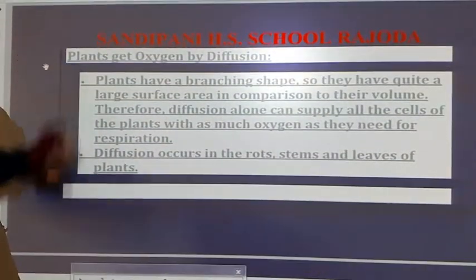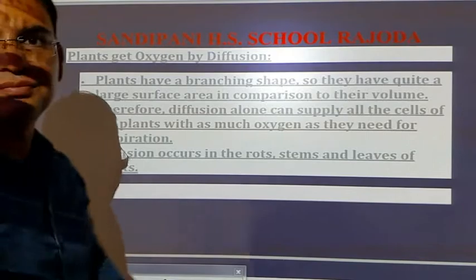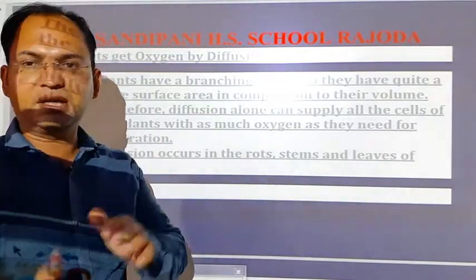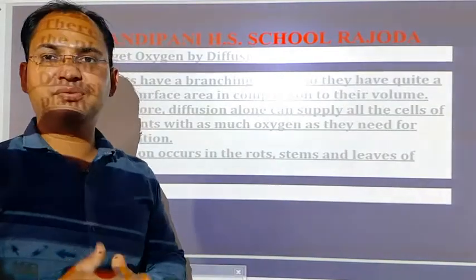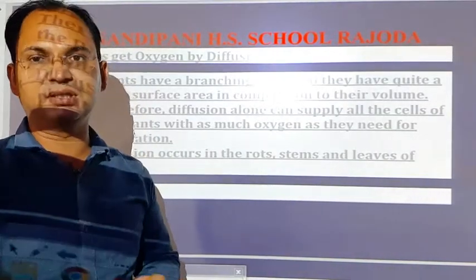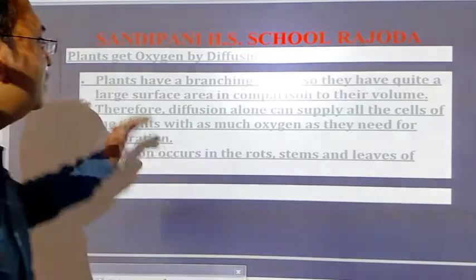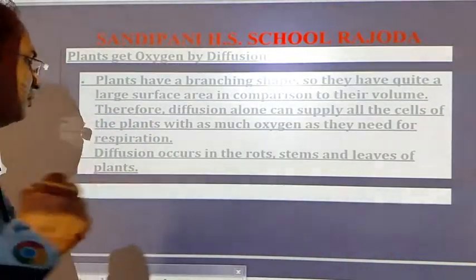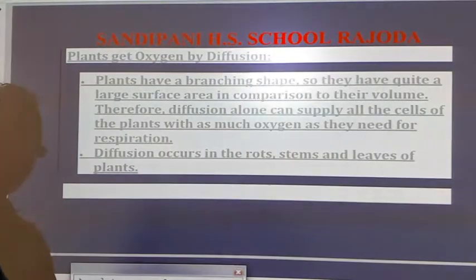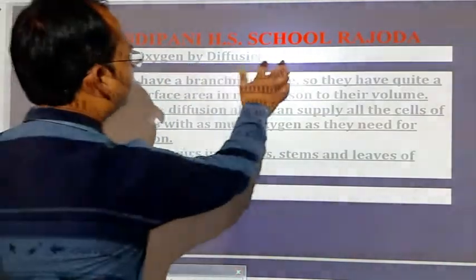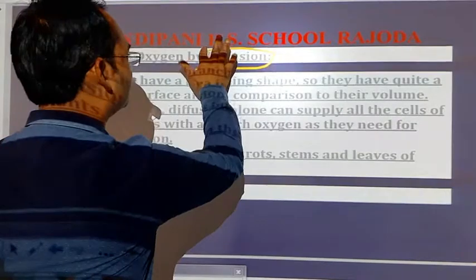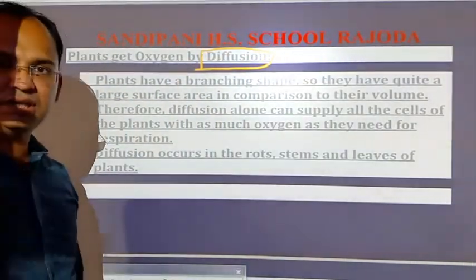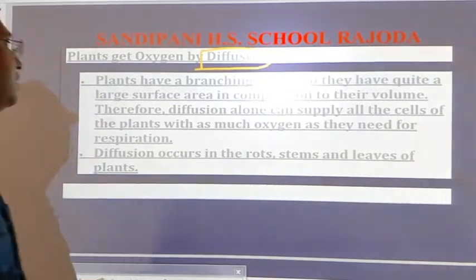Plants get oxygen by diffusion. Diffusion is the process in which the transportation of oxygen takes place from higher concentration to lower concentration. So, in the leaf of the plant, the absorption of oxygen takes place by the process of diffusion. See here, the diffusion process is responsible for the intake of oxygen and giving out of carbon dioxide in a